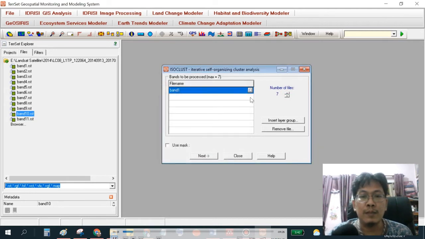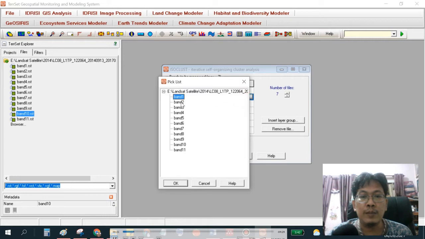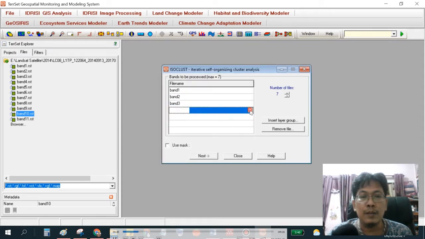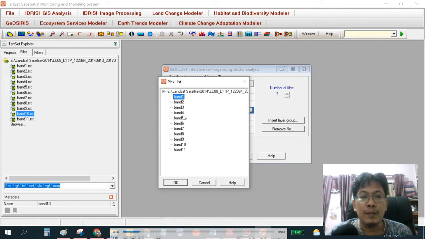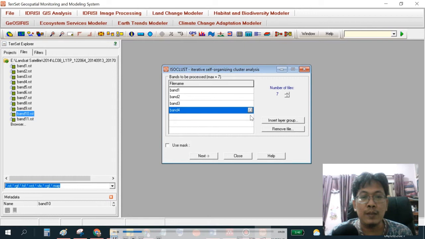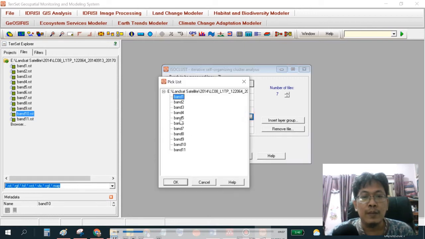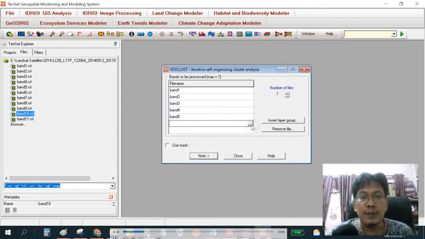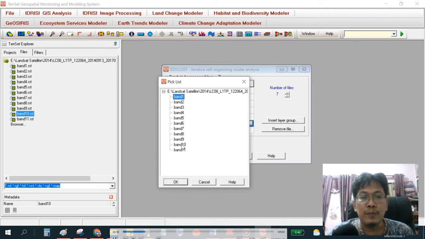We just add band 1, band 2. There are 11 bands, so we have to choose the proper ones. At least we have to use band 10 or band 11 to have a wide range of frequency.